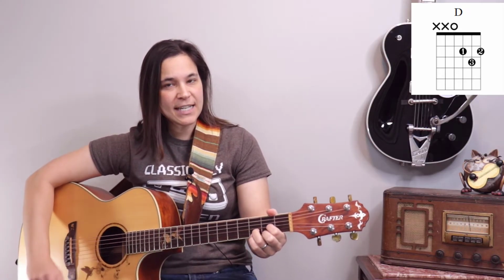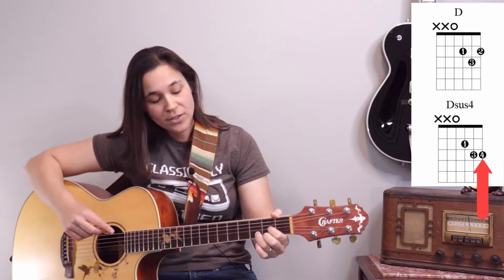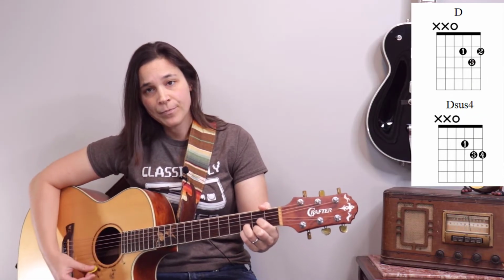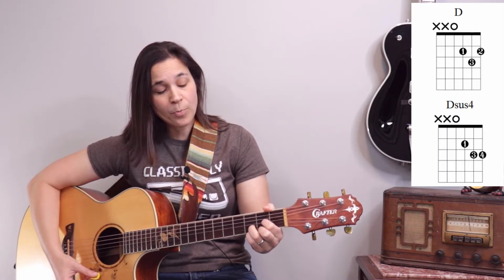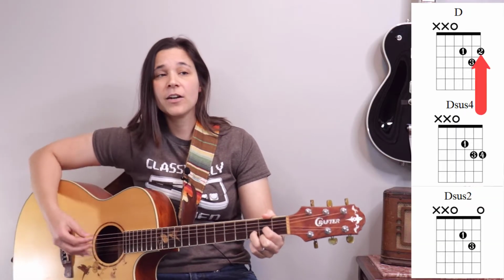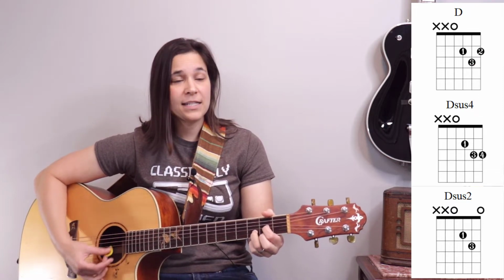We're going to be using a D sus4, which is we're going to put the pinky down on the bottom E string at the 3rd fret. So you have your D chord, you can leave this finger down for now. Put the pinky down. All right, so it's D, we have D sus4, lift up your pinky, play a D again, and then lift up your 2nd finger, and we have D sus2. You hear that? So we have D sus2, D,